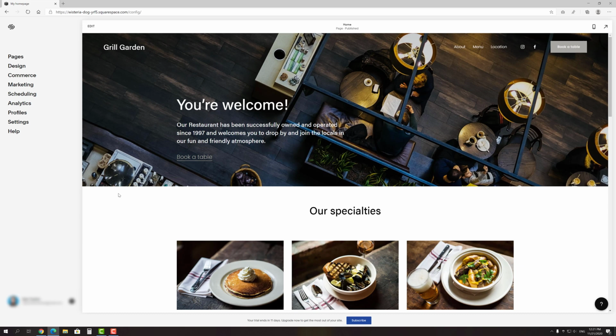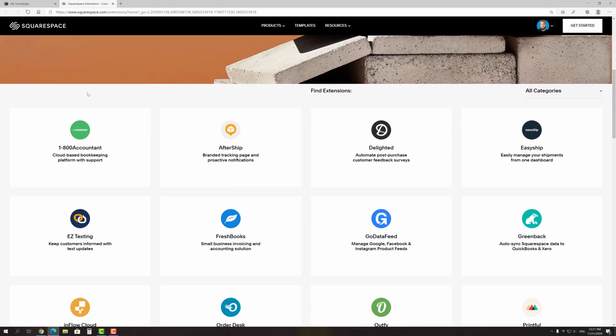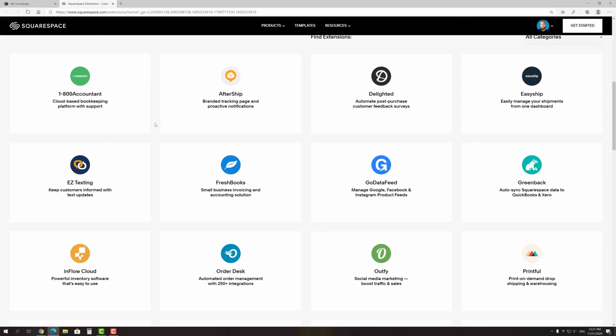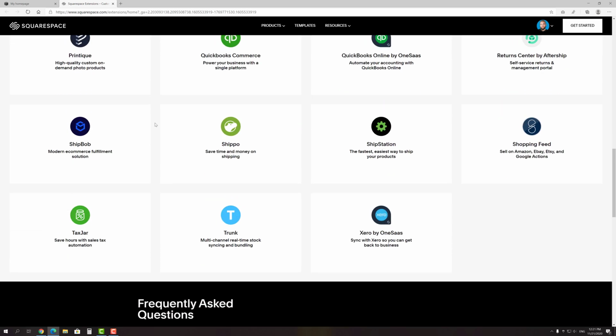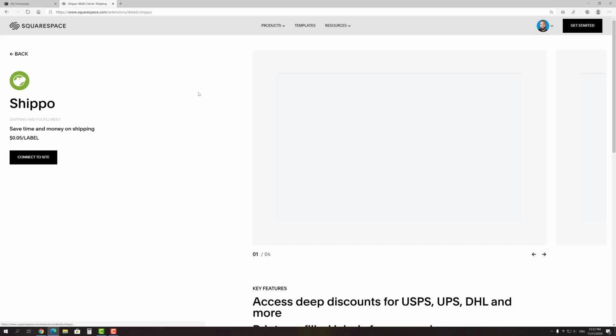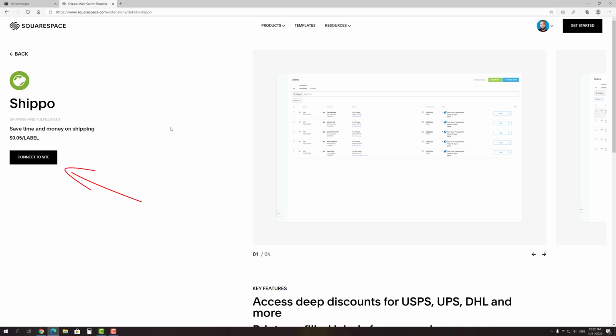Built and managed by third-party services, these extensions connect to your site to offer additional features. You can browse them on the extensions page, the link to which you can find in the settings. These extensions allow you to connect Squarespace with other platforms to help streamline shipping, sell products across the web, market your store, and so on. To connect any of them with your site, just press the appropriate button.